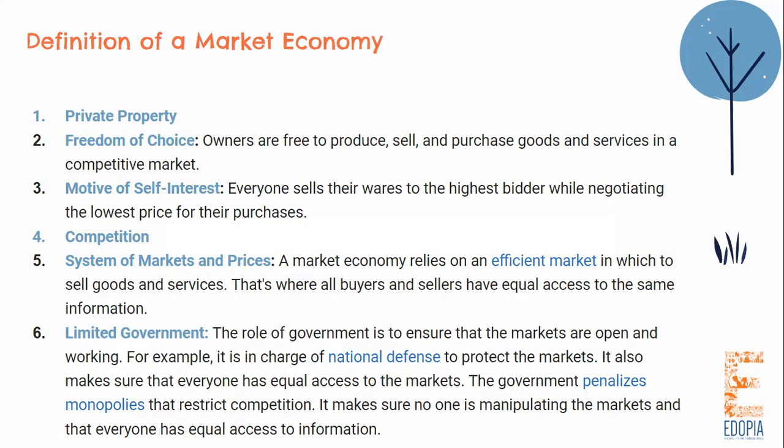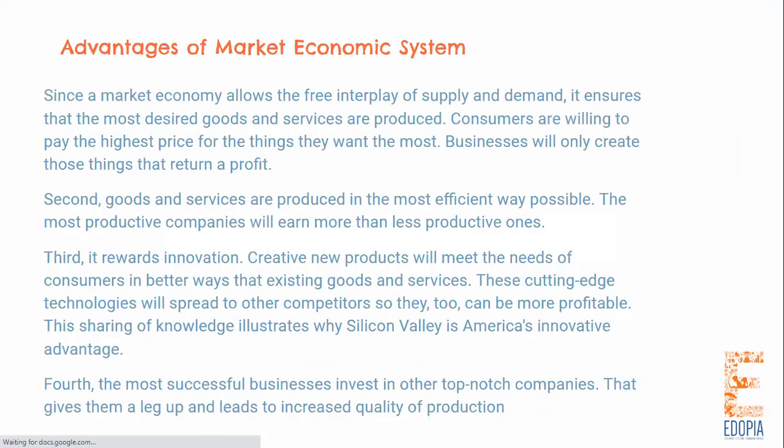The system of markets and prices is where there's a constant happening of demand and supply, where prices are determined through the interaction of suppliers and buyers. Then there's competition in the market, and their biggest motive is profit maximization. Now, why do we still have a market economic system when their biggest motive is profit maximization and they exploit the consumers? There are several advantages of a market economic system.